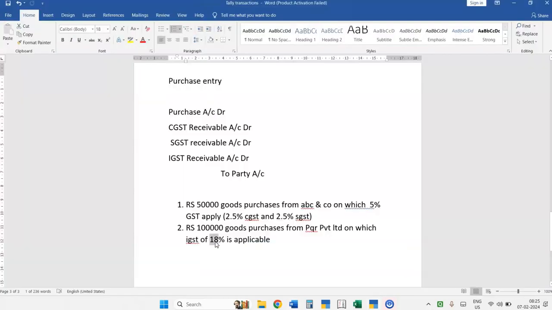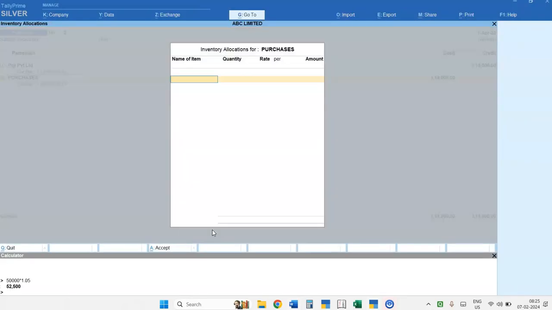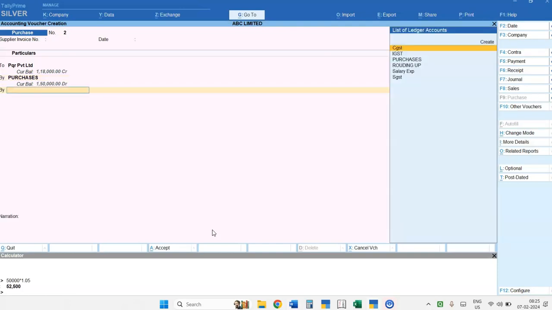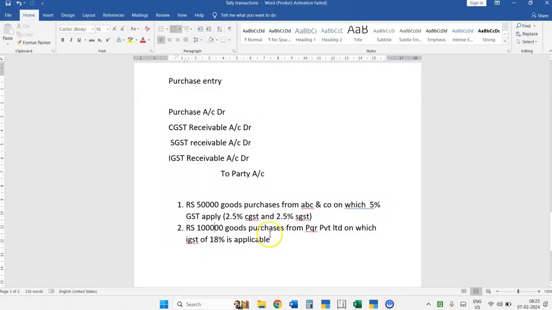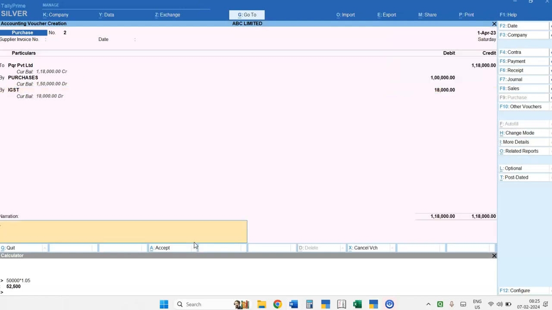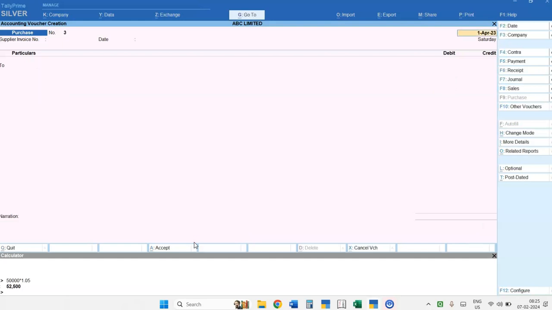Then the purchase account is going to be debited, by what amount? The basic value, that is the before-tax value, rupees 1 lakh. Here I will write down the GST, that is IGST, in our transaction. So the IGST account is debited with the GST element, and press enter at the end. Your purchase transaction entry will be done in your Tally Prime 4.0. So in this way, you can make the purchase transaction entry in Tally Prime 4.0.